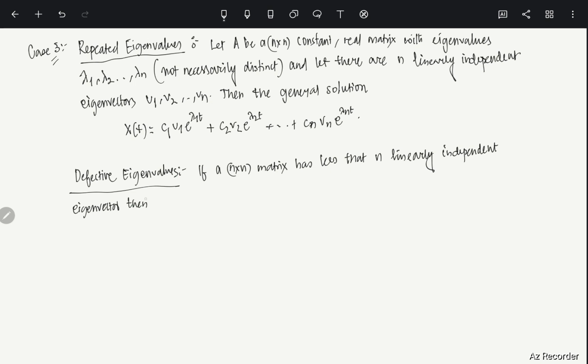Then A is called deficient. Deficient means it's not enough. There are not enough linearly independent eigenvectors. Okay, so basically the algebraic multiplicity is more than the geometric multiplicity. That is what